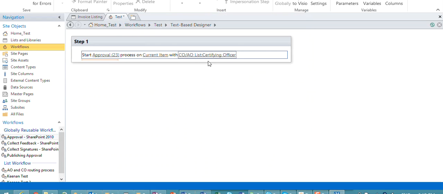Okay, so now that's done already. So effectively now we have created an approval workflow that will look up the certifying officer in the COAO list. That's all. Is there any other thing you want me to share? How do we